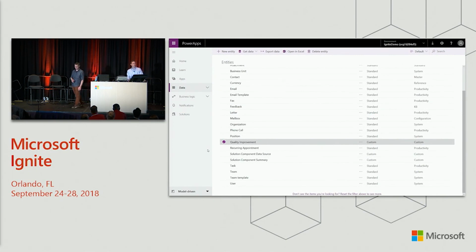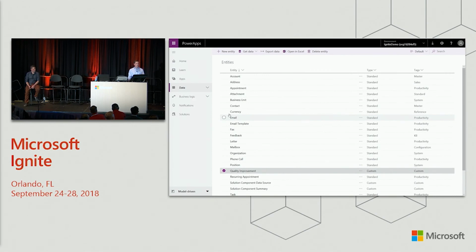So what we're going to do is think about the processes that we saw earlier. How do we take those and bring them from a department level to more of an enterprise level? What would we need to think about once we roll this out to all of Lego? We're going to start off right in the web portal for PowerApps. I'm here, I've gone under my data, and I already have a number of entities that tell me